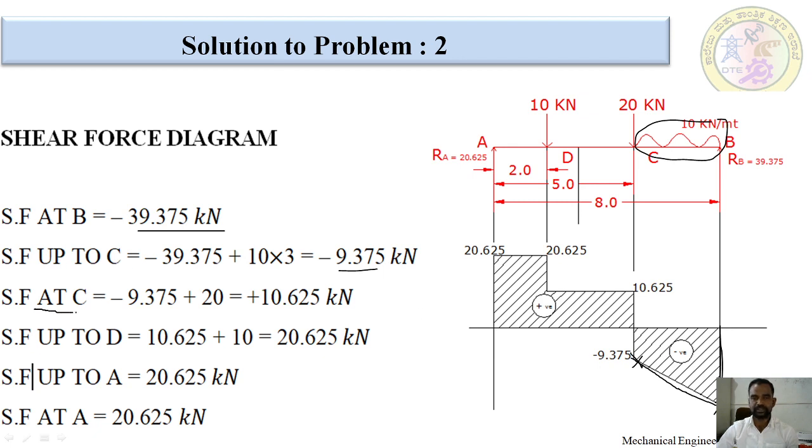Okay, after that at the C point we have 10.625. Positive means above the baseline. This is the positive point. This is the left line, this is the value we found. Both are joined with a straight line. Okay, so that there is no load between these 2 points, we will draw a horizontal line up to here. At the D point we got 20.625, more than 10. For that reason I am going to draw one line. This is the left line, this is the middle. Here we have to draw a vertical line. After that, there is no load between these 2 points, so we will have the same line, and we will join with this one.